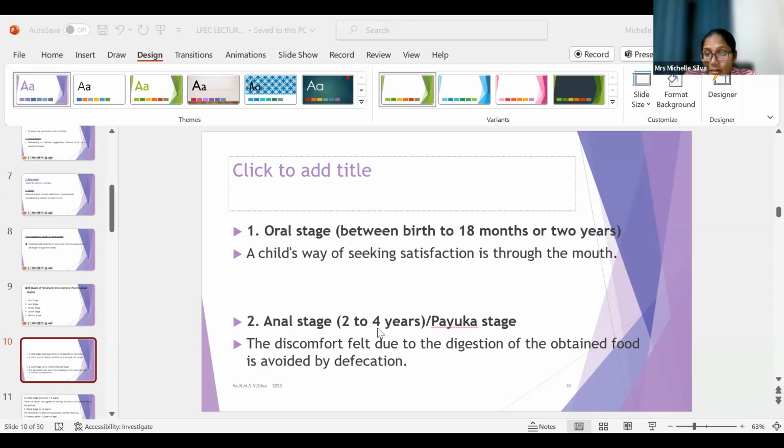Second one is cleanliness. Then the third important point we can focus on during that age is, actually those are not in your slide, so try to write down toilet training, cleanliness. Those are the things adults can do during that period. The third one is that we can teach during that period